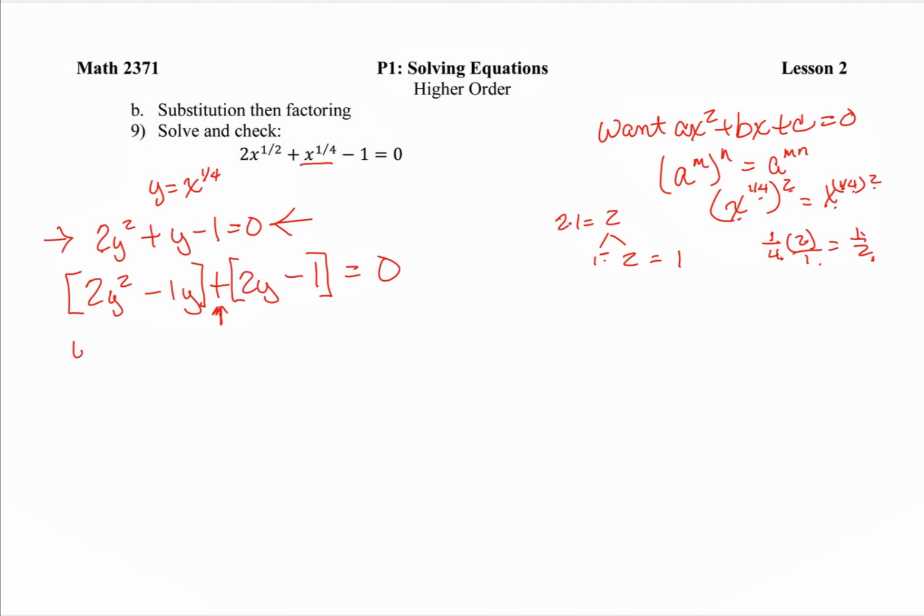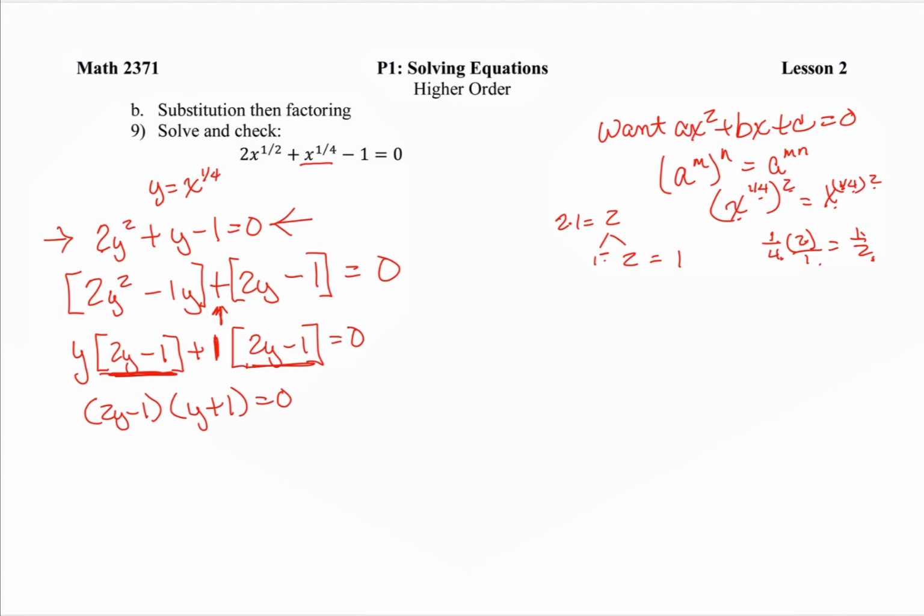So out of the first parentheses I pull a y, and I get 2y minus 1 plus 1, because I don't pull anything out, 2y minus 1 equals 0. Now I'm going to pull out the 2y minus 1, so I'm going to have 2y minus 1, and I'm left with a y plus 1